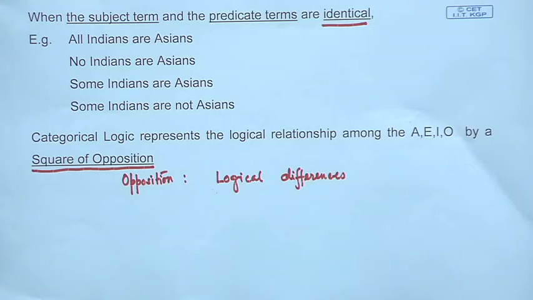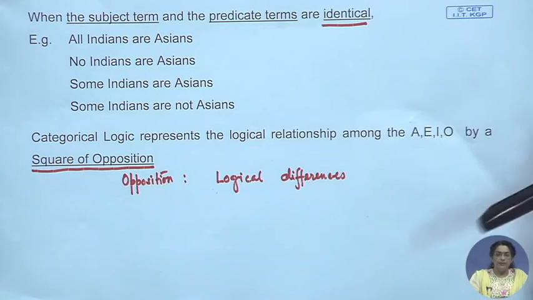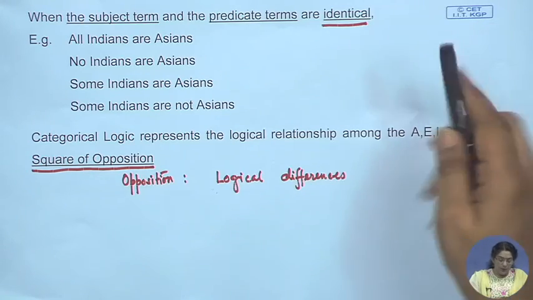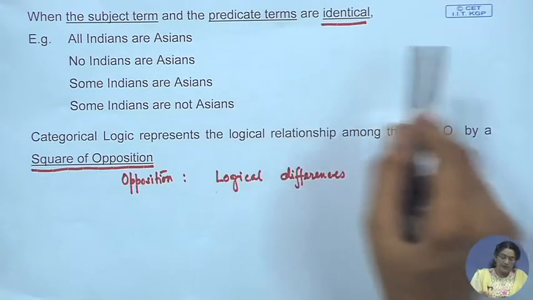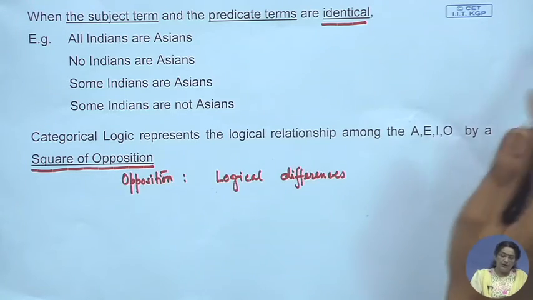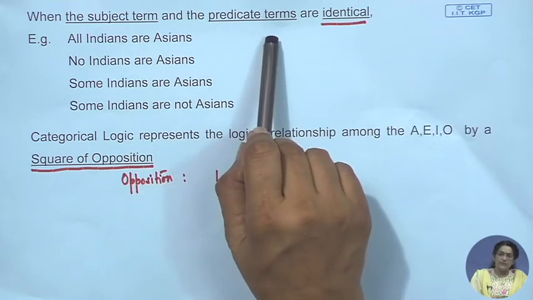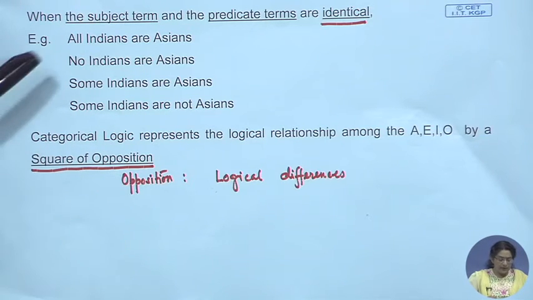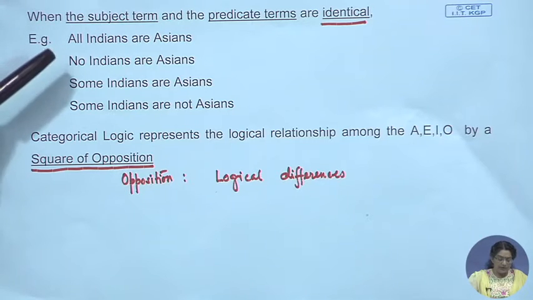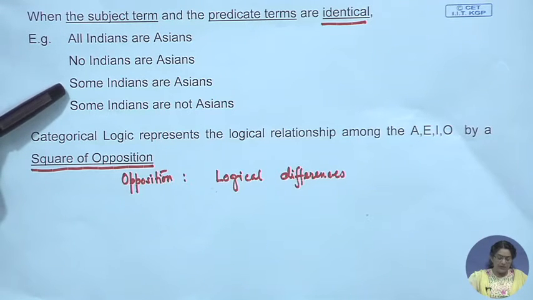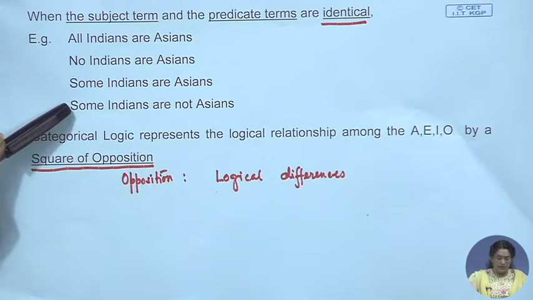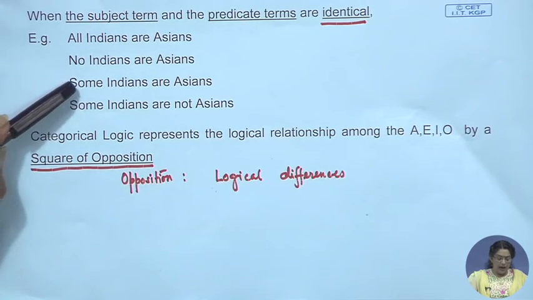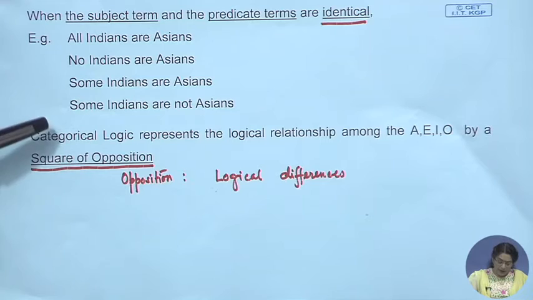provided the subject term and the predicate term are identical. If you line up A, E, I, O propositions in standard form when their subject term and predicate term match, when they have exactly the same subject and predicate term, you can line them up in a certain way. I have taken some examples here: All Indians are Asians, No Indians are Asians, Some Indians are Asians, Some Indians are not Asians. This is A, E, I, O. When you have such